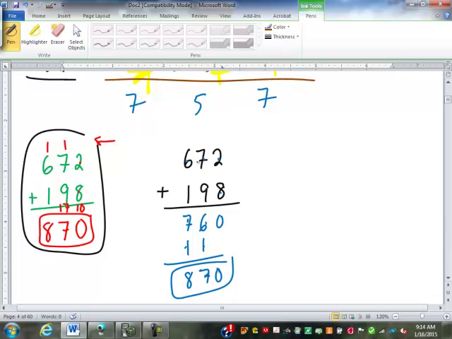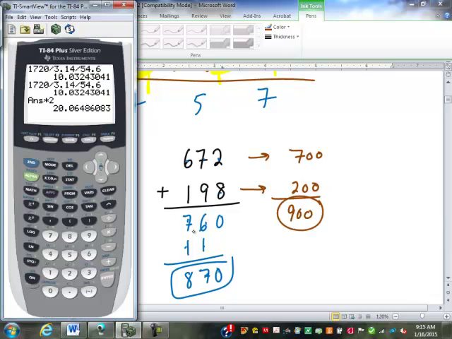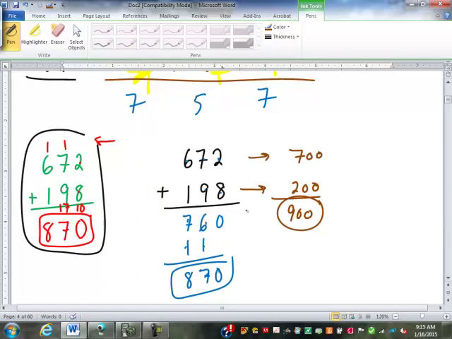But at the very least, I would hope that when you look at a problem like this, you're going to say, okay, this is close to 700. This is close to 200. I'm expecting an answer to be around 900. Because if you're anything like me, of course, you're probably not quite as bad, I have these fat fingers. When I go to punch buttons on my calculator, it's really easy for me to hit a second button or think I pressed the button and it didn't register or whatever. And it wouldn't be terribly uncommon for me to try to do something like this, punch it in and get an answer like